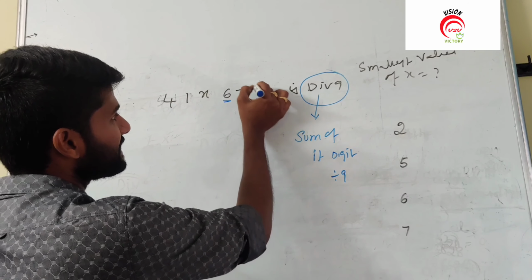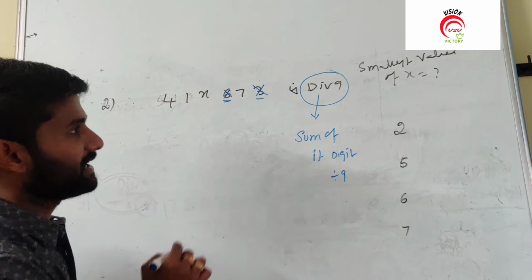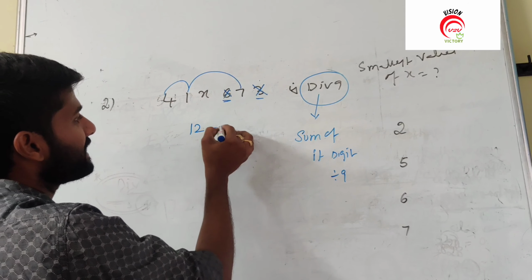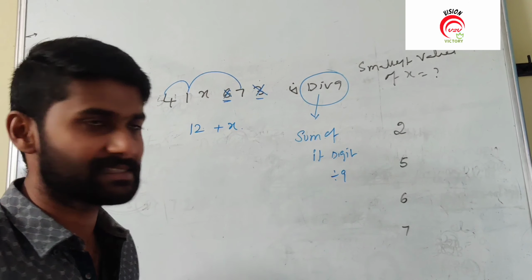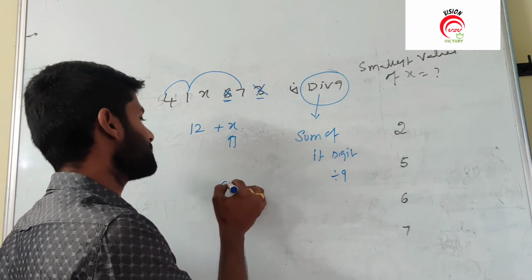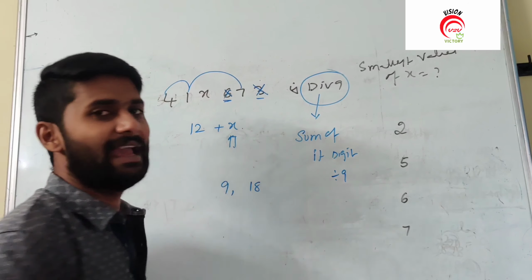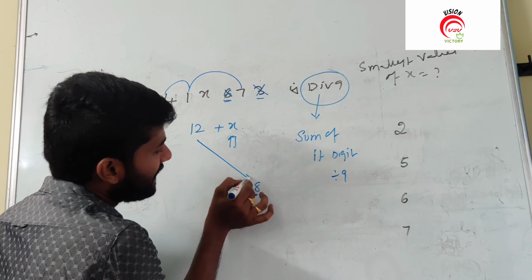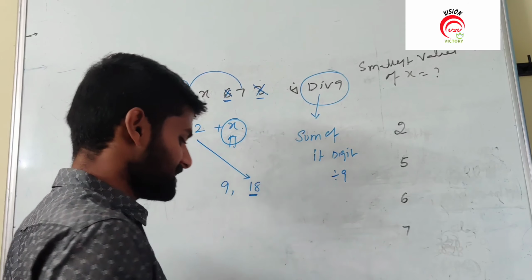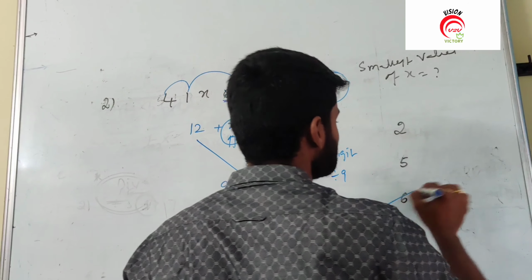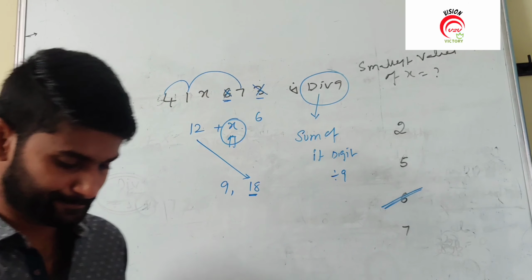6 plus 3, the resultant is 9, just leave this number. Again we get 7 plus 1 is 8, 8 plus 4 is 12. Finally we are left with 12 plus x. Then what is the replacement of x? See the multiples of 9. 9 ones are 9, 9 twos are 18. So what is the nearest number here? 18. If 12 becomes 18, x can be replaced by which value? That is 6. Then the option related to this number is 6 only.